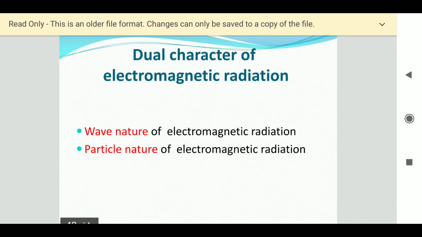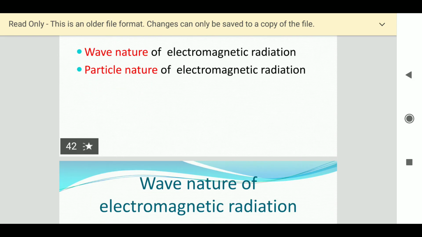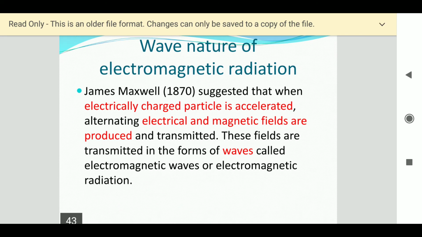So what he has given is the dual character of electromagnetic radiation, that is wave nature and the particle nature of the electromagnetic radiation. Very important points of Bohr's model of atom: electromagnetic radiations are wave in nature and also particle in nature. Electromagnetic radiation के बारे में इन्होंने dual character बताया था, and the wave nature of electromagnetic radiation as per James